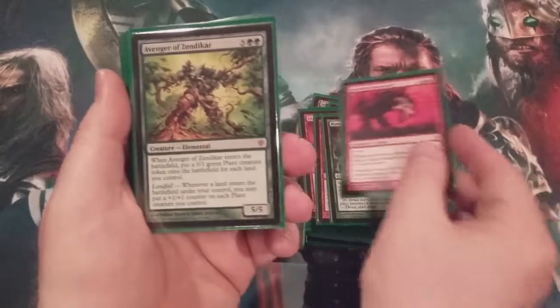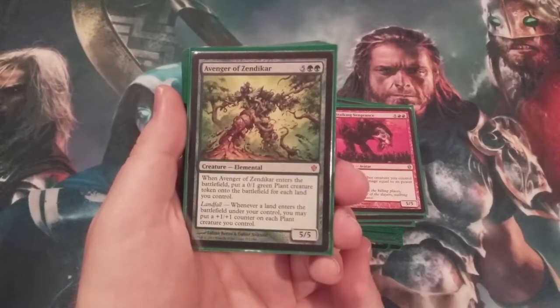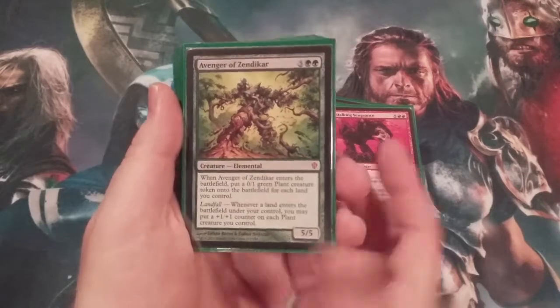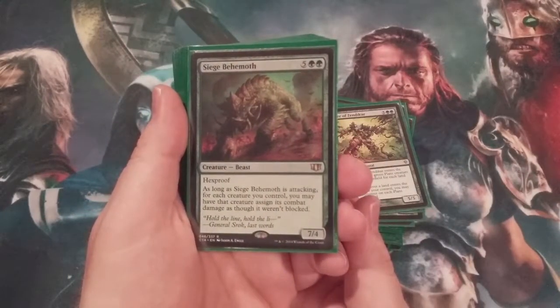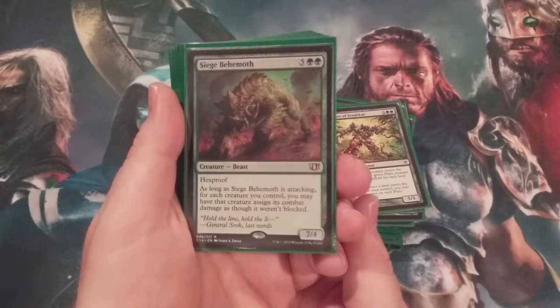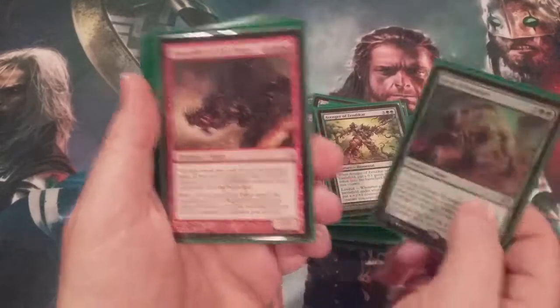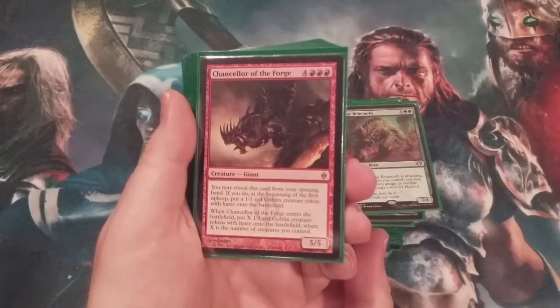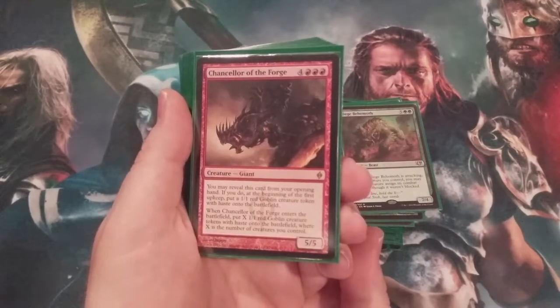Stalking Vengeance. The Avenger of Zendikar. Siege Behemoth. It grants any creature you control the ability of a Thorn Elemental or a Rocks. Chancellor of the Forge. And I tell you, I do not mind having this in my opening hand and getting